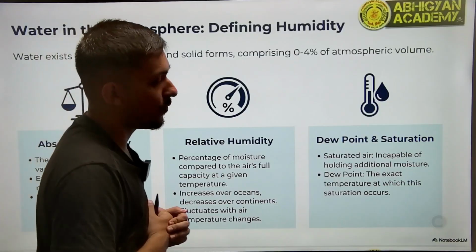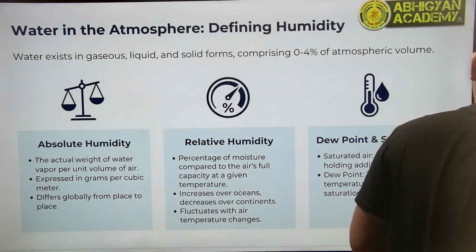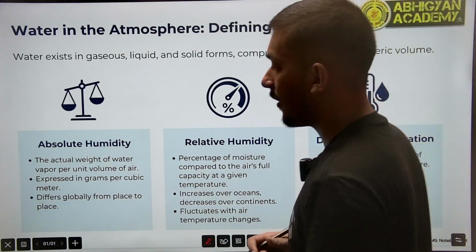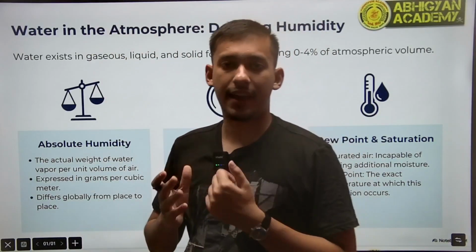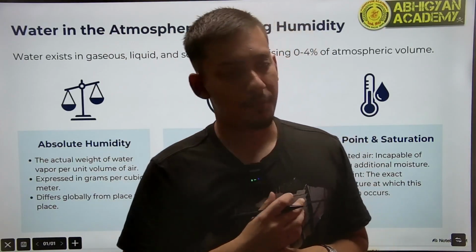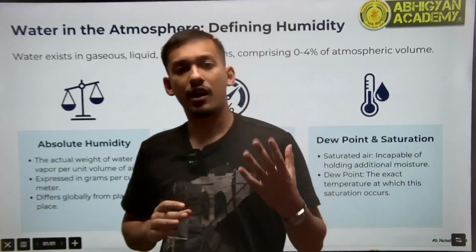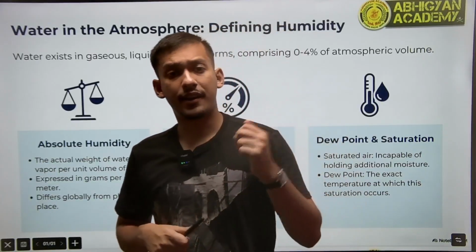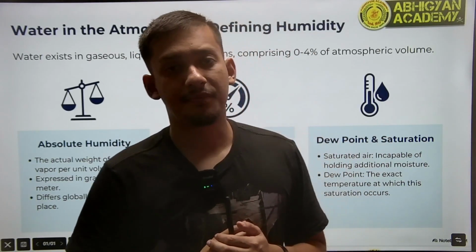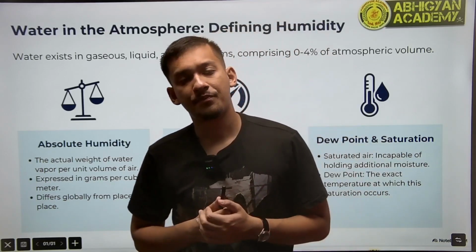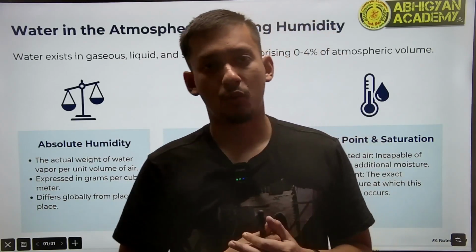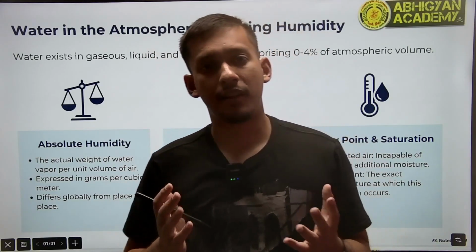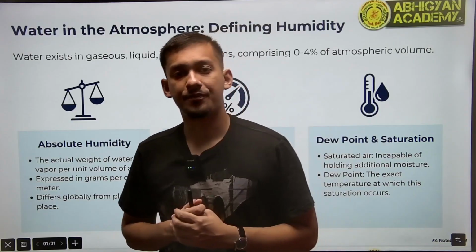So let's start. We have something known as humidity and dew point. So what is humidity? Humidity is nothing but the amount of water vapor present in the air. We get to see that on a bright summer day when we leave our clothes to dry, they dry very fast, whereas on a cloudy day, it takes a lot of time. So why is that? Even though on a cloudy day it's warm and we do feel hot, the clothes don't dry. It is because there is already an ample amount of water vapor in the air on a cloudy day, right?